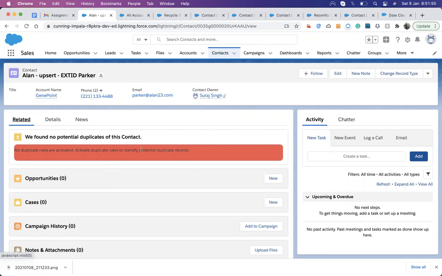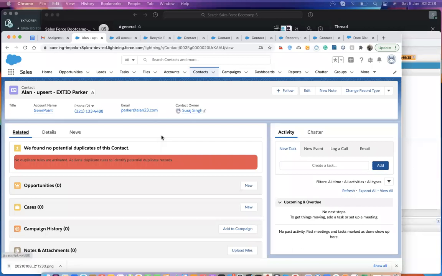Okay, so there is quite a difference between insert and undelete. Both look similar, but someone might ask what the difference between them is. The difference is that while we are inserting a record, we are inserting a fresh new record. While we are undeleting a record, we are just rolling back the changes. It means we have just deleted a record and we are rolling it back. When we roll back, all the references and all the IDs come back into Salesforce. So that's the basic difference between undelete and insert.